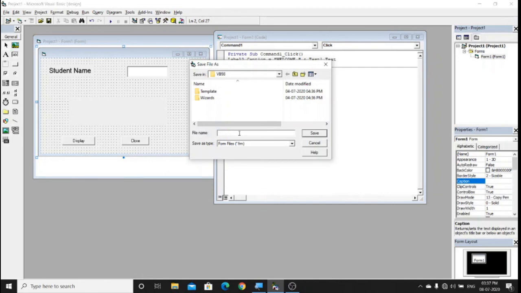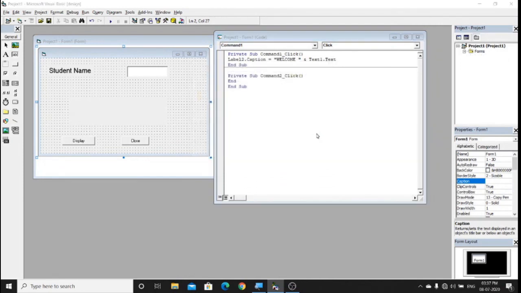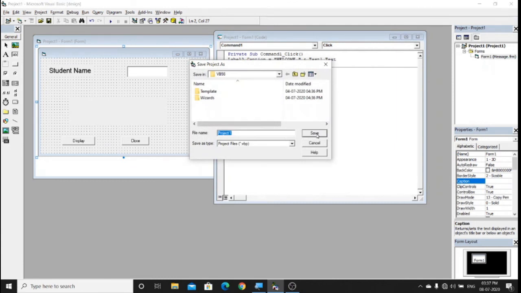I will change it. And what is this form? To display a message. So I'll write message. Okay. I'll save the form. It will ask you to save the project. You can see as soon as I've saved the form, my form name appears here. And the form will have the extension .frm.